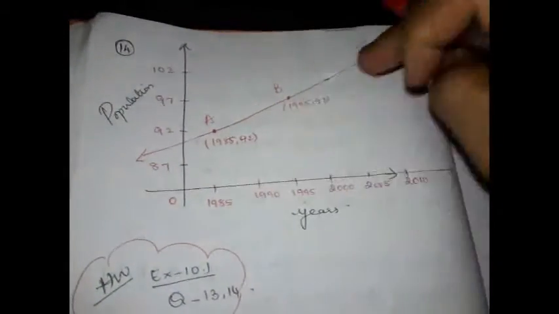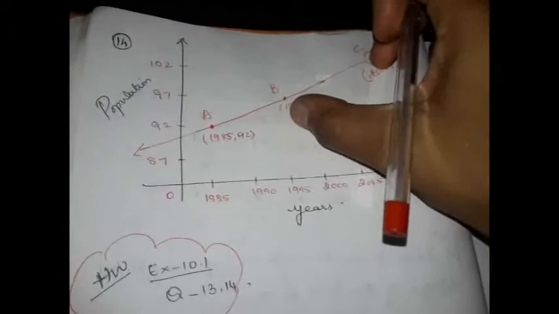Now suppose I name these points as A, B and C. From the graph we can see A, B, C lie on the same line, therefore they all are collinear. So slope of AB is going to be equal to slope of BC. We have already found the slope of AB. Now you can find the slope of BC. How will you find it? y2 minus y1 divided by x2 minus x1, and in that you will have one unknown variable y. Equate that to the slope of AB, because slope of AB is going to be the same as slope of BC, and you can find that unknown variable y.